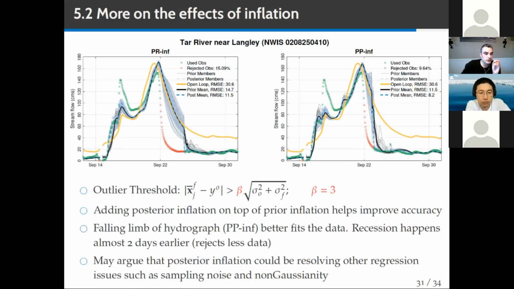So what I would like to focus on here is, if you check the falling limb of the streamflow here compared to this one, you are better fitting the observations. In fact, you are rejecting fewer observations. So you are rejecting 9% here compared to 15% in this scenario. And again, looking at this,